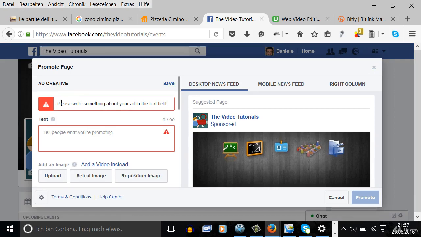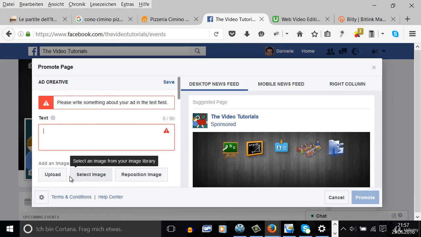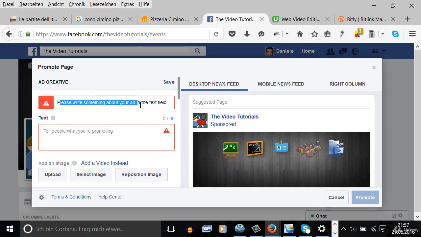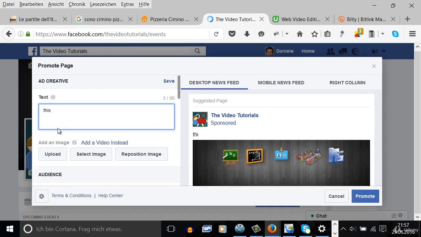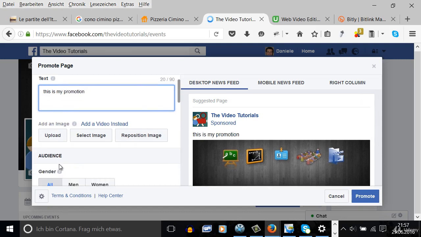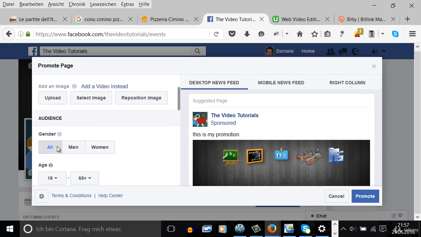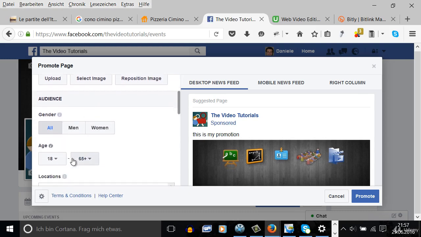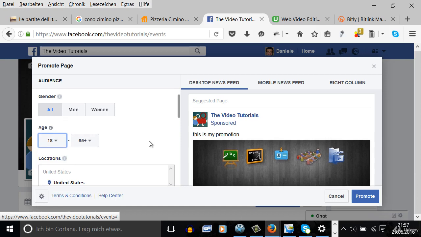you need to write something here, put a text, upload an image or select an image, and here is the page. And then if you write something, this is my promotion. Okay, and then you can see here the audience, gender, men, women, or all, the age you can select,